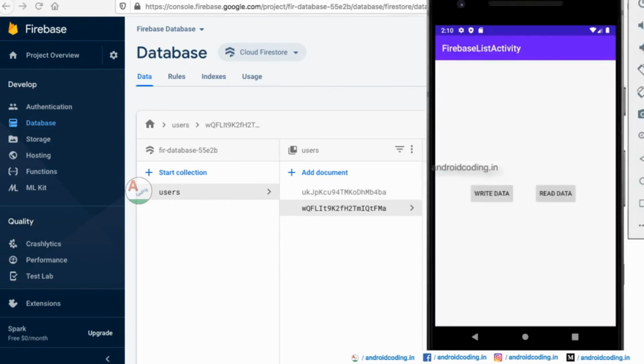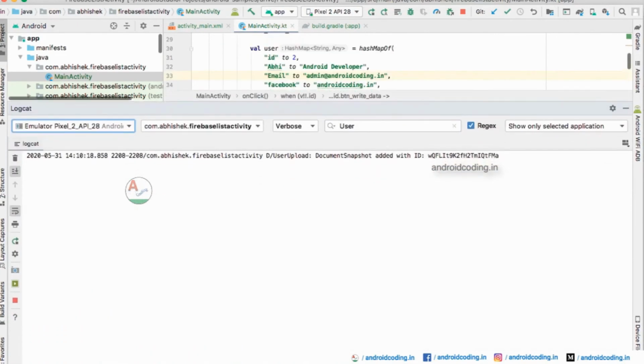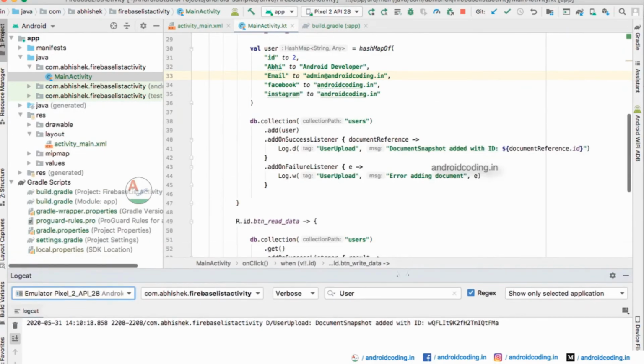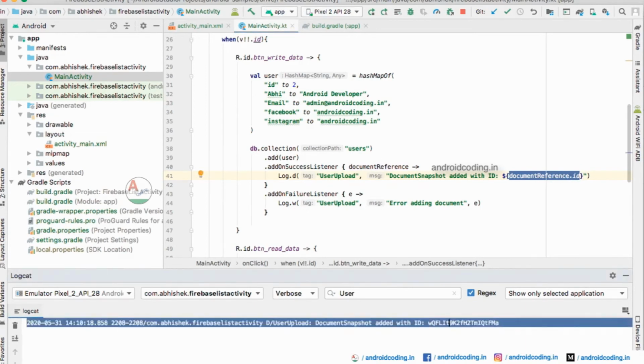So what is the other thing we are going to see? Reading the data. We have uploaded the data to our database, and now it's time to look at the data. Whenever you write the data, you will get the document ID here also. In the on success listener you will get a document ID, and I have printed it here.